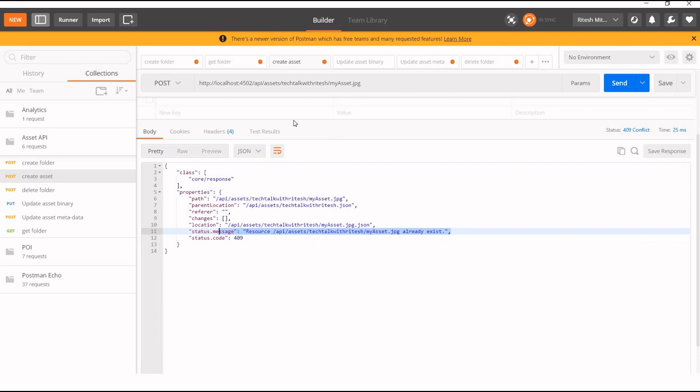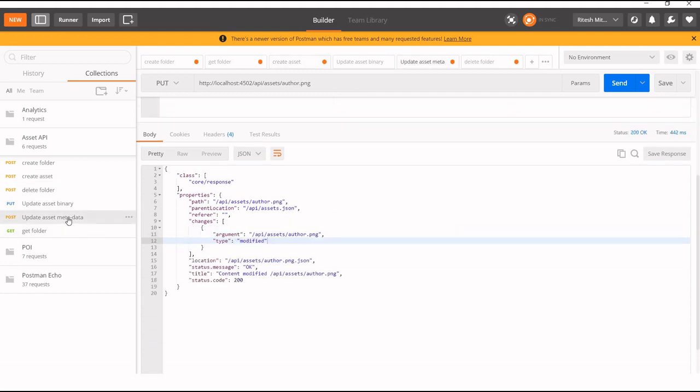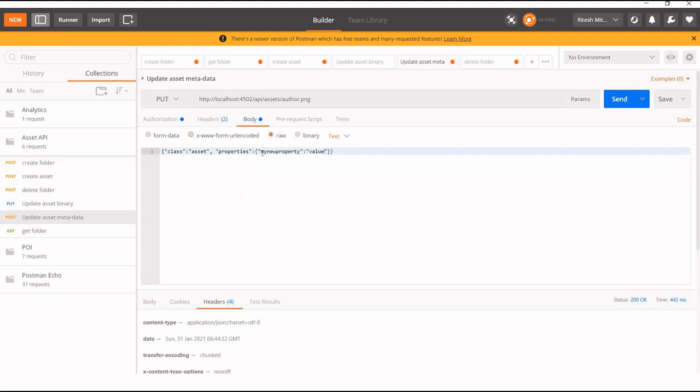So if you want to update it, maybe I want to upload a new asset with the same name, instead of a POST request, it should be a PUT request this time, and whatever binary we need, we can upload it. Another thing is if you want to update the metadata. For example, within my asset, I want to set a new property to it.